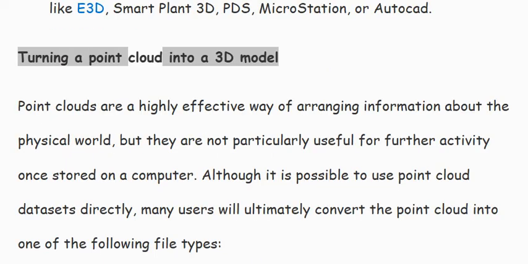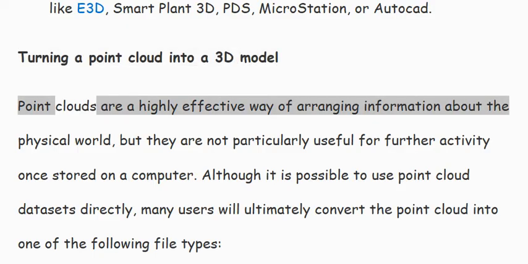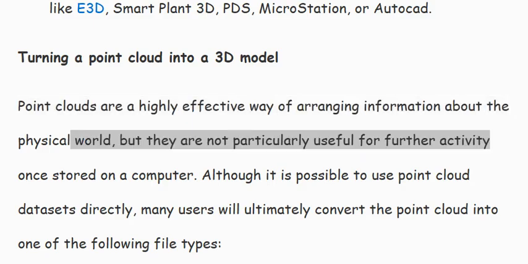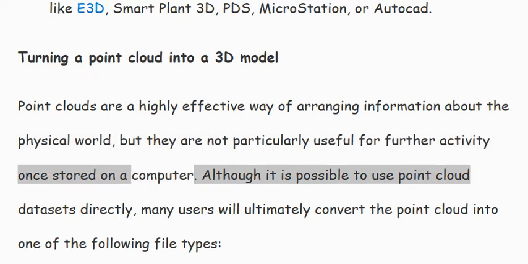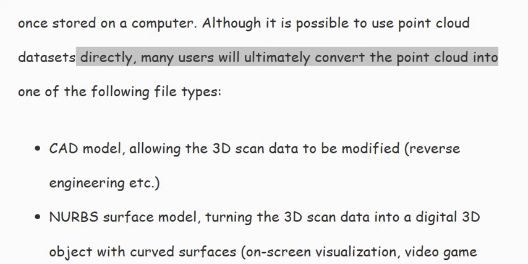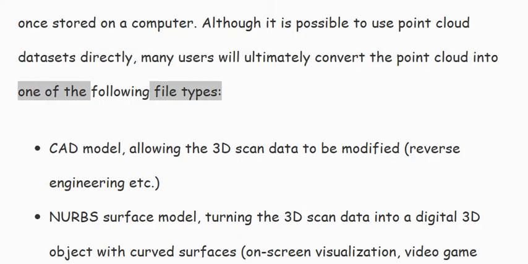Turning a point cloud into a 3D model. Point clouds are a highly effective way of arranging information about the physical world, but they are not particularly useful for further activity once stored on a computer. Although it is possible to use point cloud datasets directly, many users will ultimately convert the point cloud into one of the following file types: